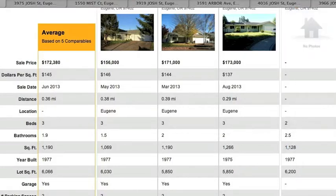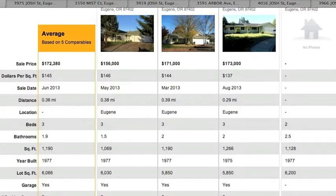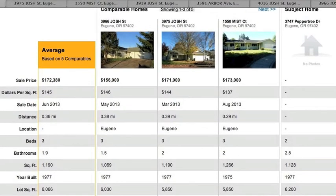So that means based on the comps, we want to be more specific. We're saying ours is going to be worth about 163. Now, to get even more specific, we want to look at each property and whether our property is better or worse than each property. So we can know if we need to adjust the price up, or if we need to adjust it down. So let's start here